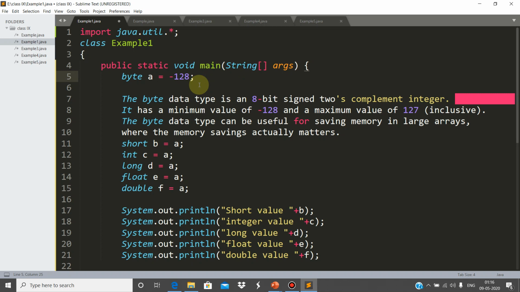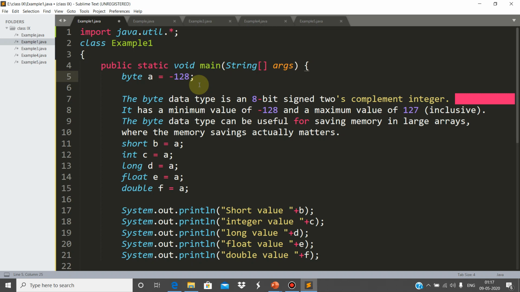Before I convert byte into different types, I would like to define what a byte data type is. The byte data type is an 8-bit signed two's complement integer. This two's complement you will study later on, but it is a method of representing a negative number also. So it has a minimum value of minus 128 and maximum value of 127.